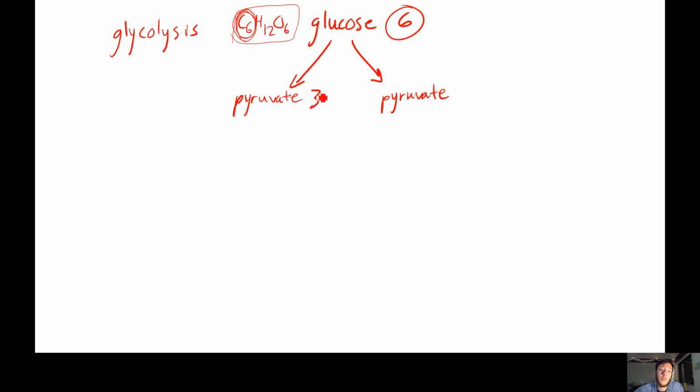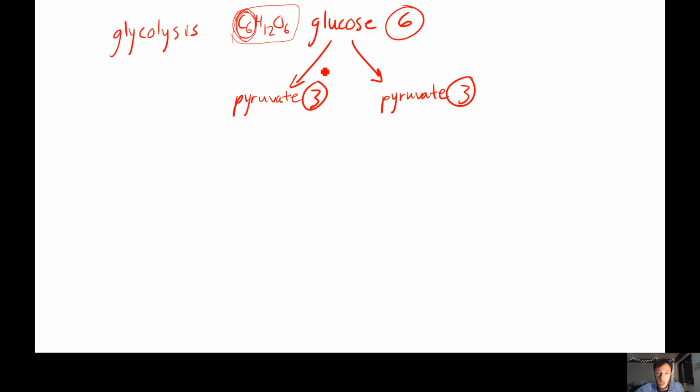Which each have 3 carbons, which just makes sense, right? 6 divided by 2 is 3, because we've split it in half, essentially. This process, if you look at it, like on Dr. Sung's slides, it's very complex and a lot is going on. We have to add in some ATP, we get some ATP back out, but we're going to look at net